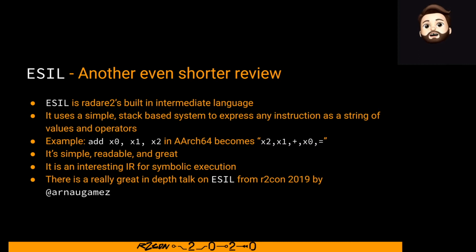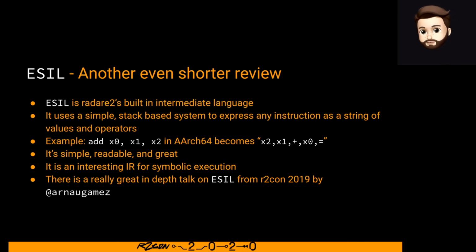So what's happening there is x2 is being pushed to the stack, x1 is being pushed to the stack, the plus operator is popping those two values off the stack and then pushing the value x1 plus x2 to the stack. And then x0 is pushed to the stack, and then the equals operator pops x0 off and assigns it the value